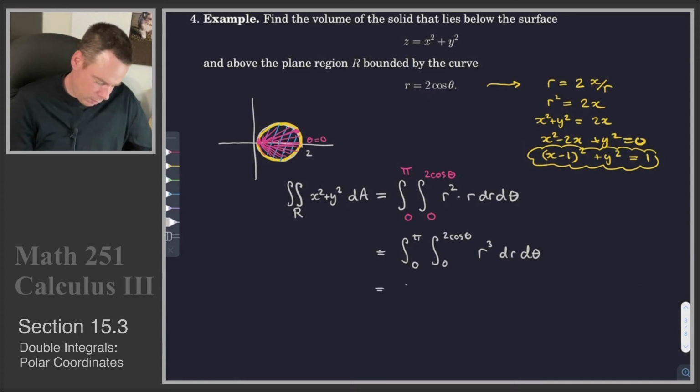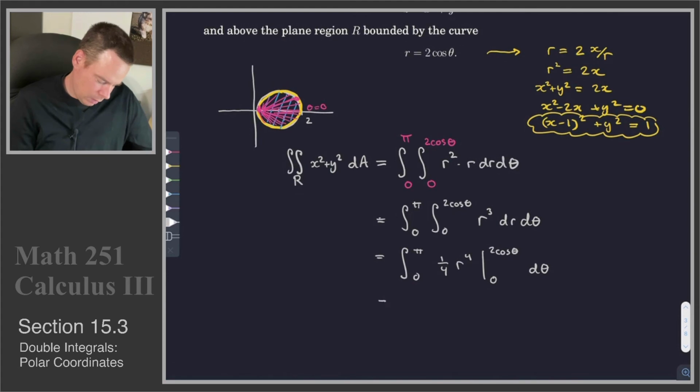So we can go ahead and work that out. The inner integral becomes 1/4 r to the 4th from 0 to 2 cos theta d theta. And then that becomes the integral from 0 to pi. The 2 cos theta gets plugged in for r. That becomes a 16 cos squared, which cancels with one of the quarters up front, so that becomes 4 cos squared theta d theta. Or in other words, it's 4 times the integral from 0 to pi of, oh, that's not a cos squared, that's a cos to the 4th. Sorry, cos to the 4th